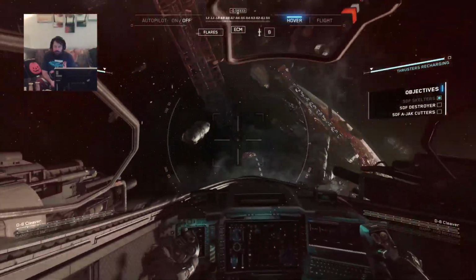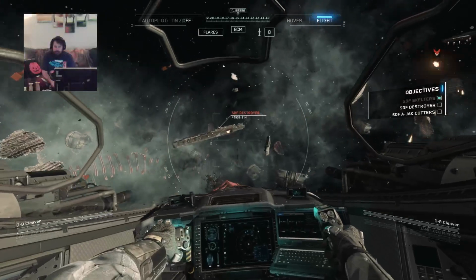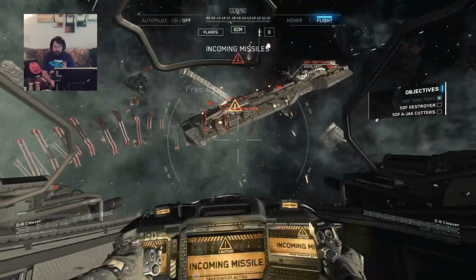Do you have a shot on there, Ajax? Angels 5,000 now in the descent. Okay, let's take it down. Incoming